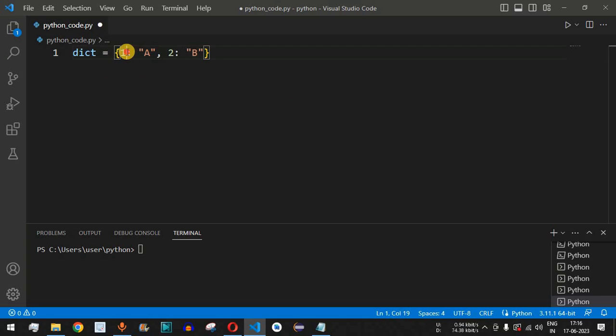Guys, the key can be of any data type. It can be the string data type as well. Over here we are considering integer data type keys in the dictionary. And then let's say we have another key, that is 3 colon, and then let's say the letter C is the value, and then followed by another key, and then the value as D in this case. Now guys, let's say we want to print all the key value pairs,